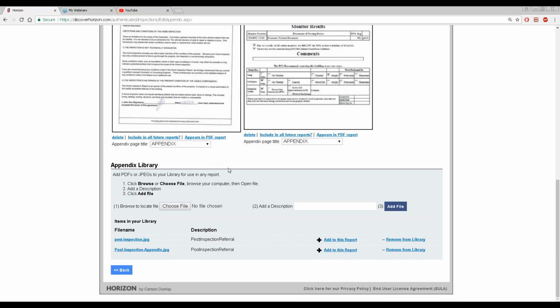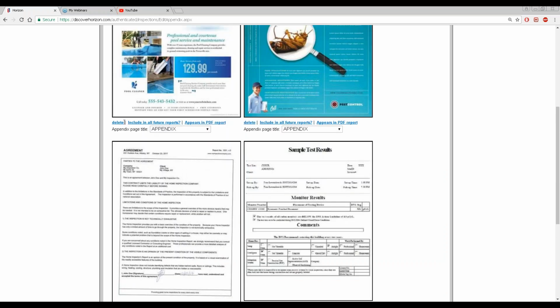We have a library section down below right here. What you can do is add your brochures, like I have for the pool and pests, down here in the library. And then I have the option of adding them to this report or any future report, so they're stored permanently in my system. So in this case, if I just went ahead and deleted this one here for a moment,